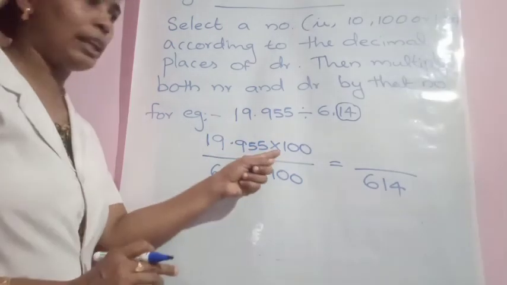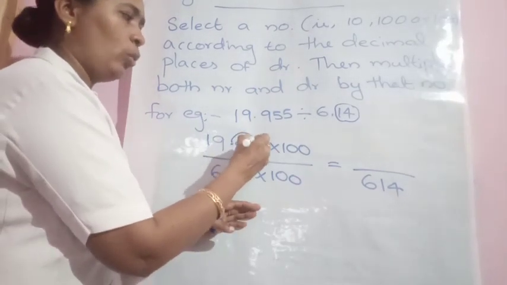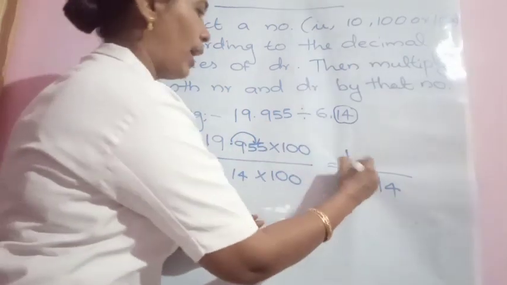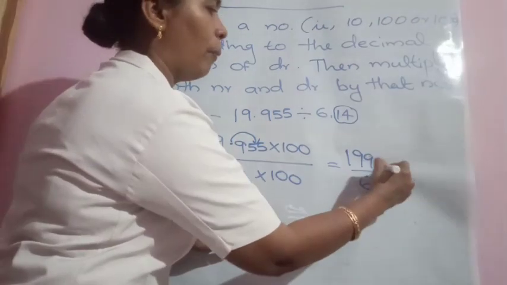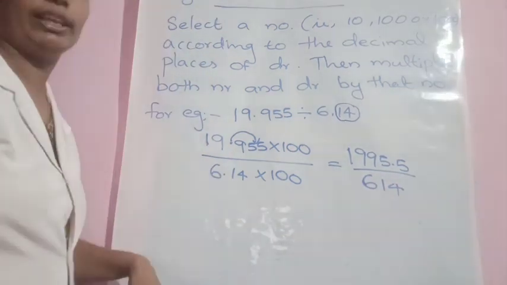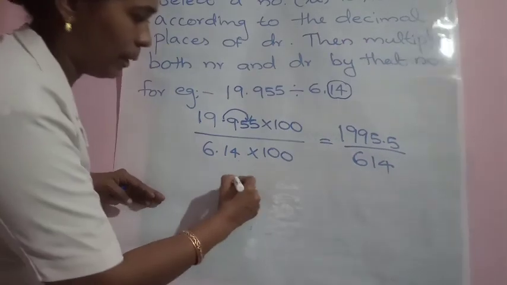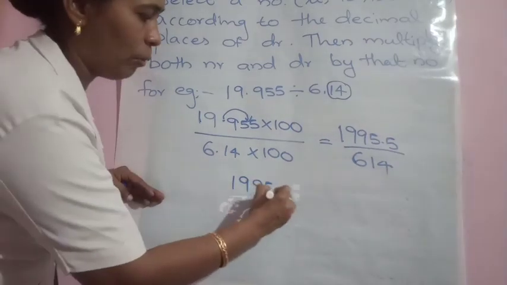But numerator, what will happen? Multiplication: move the decimal right by 2 digits. So 1995.5. Now you needn't do anything else. Directly we can do the division method. The teacher explained the same method to you. 1995.5